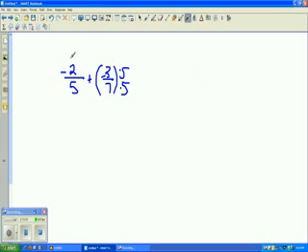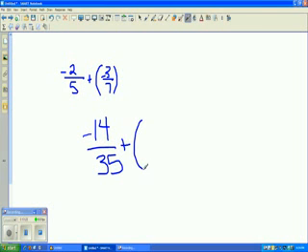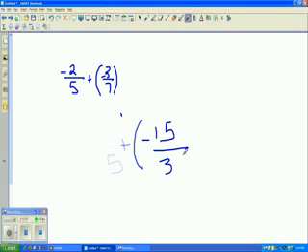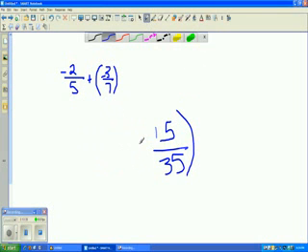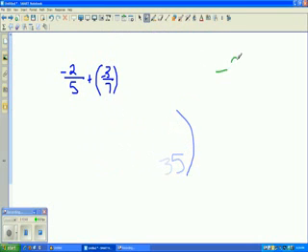Okay, so this is still disappearing, so if you're not following along, you're going to be in a little bit of trouble. So if we multiplied this fraction by 7, we'd have negative 14/35 plus negative, this one got multiplied by 5, so we'd have negative 15/35. So we had negative 14/35 and negative 15/35. Putting it together, we have negative 29/35,